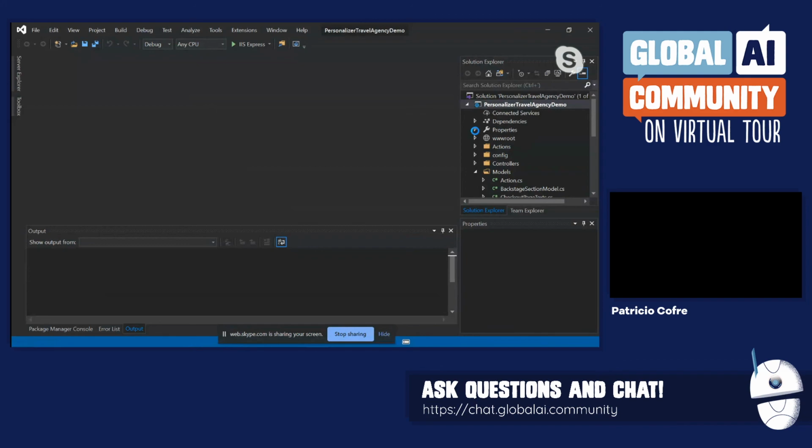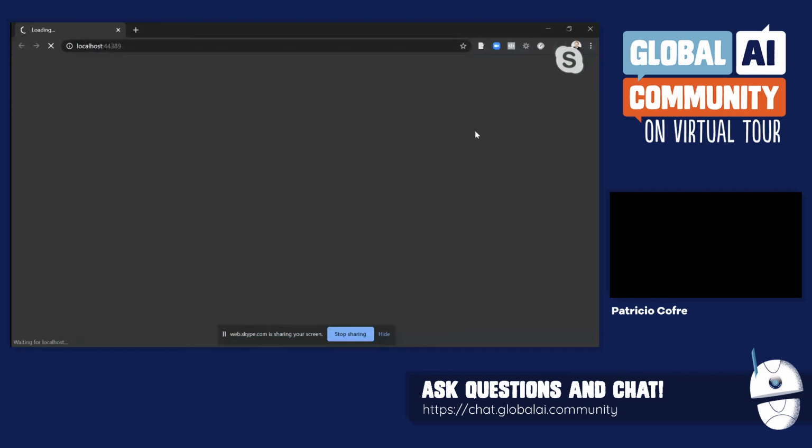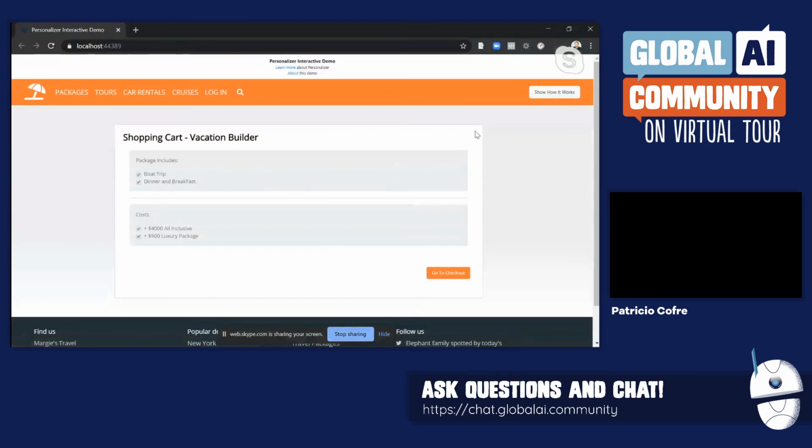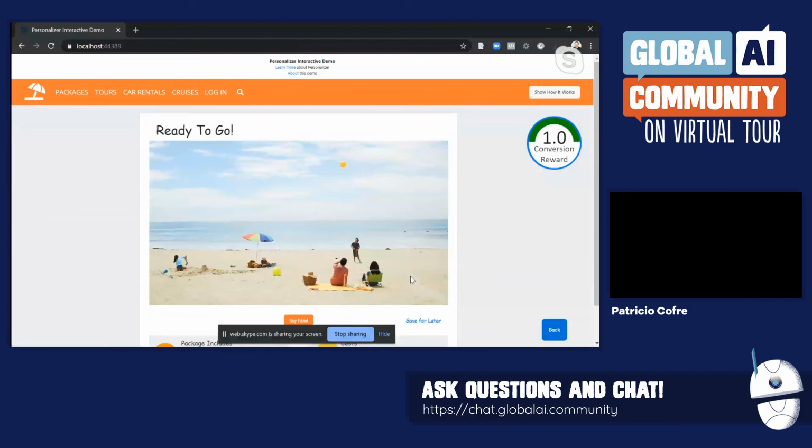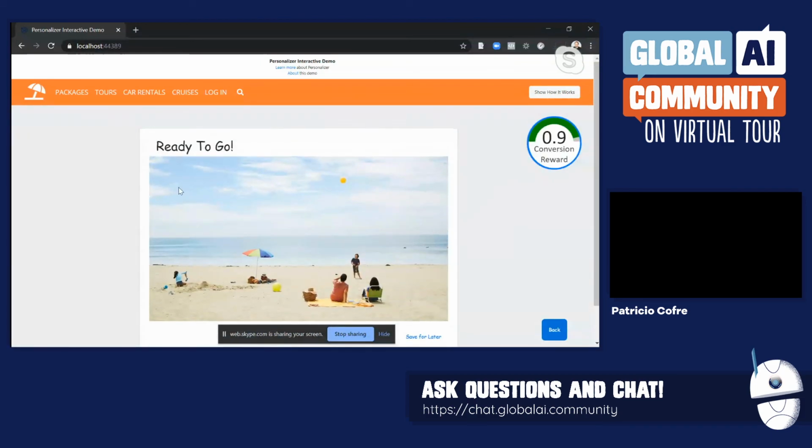In this case, what I want to show you, because the setting is relatively similar, we are deciding what is the best content to show in order to maximize the funnel conversion, is that the reward function is created in a completely different way. So in here, we have a shopping cart almost done. We will go to the checkout, and the decision I want to make is whether this is the best banner to maximize conversion. Here you see that the conversion reward is already running, it's at 0.8, 0.7, so it's getting worse